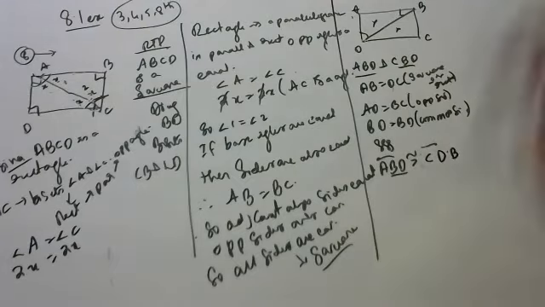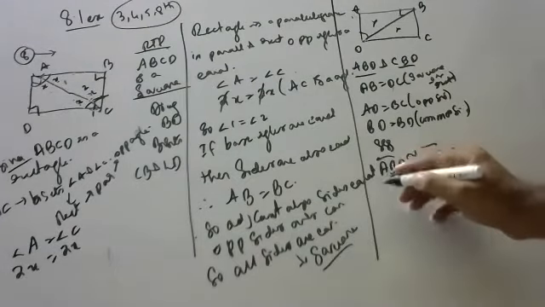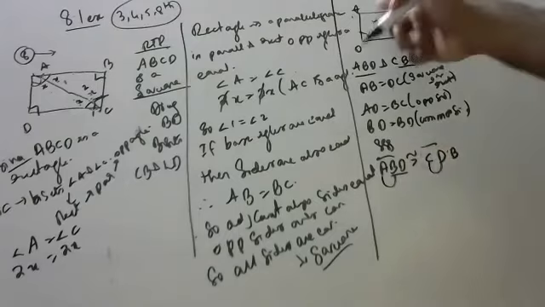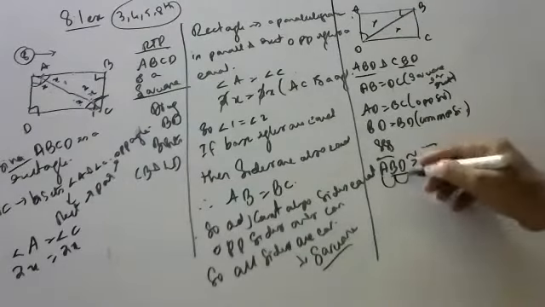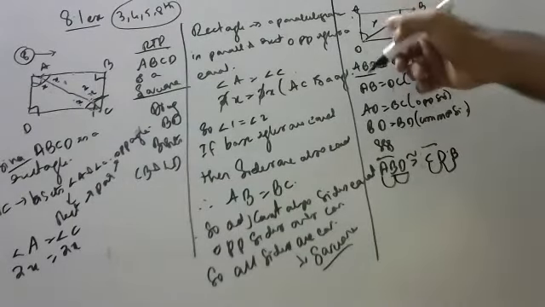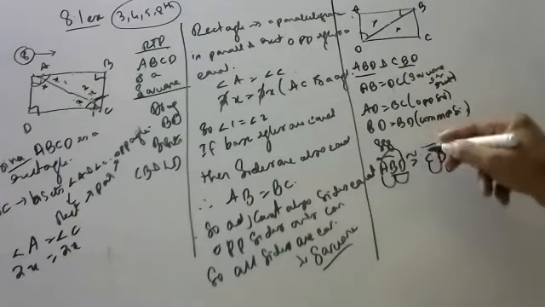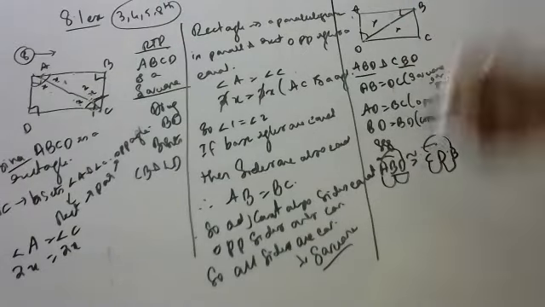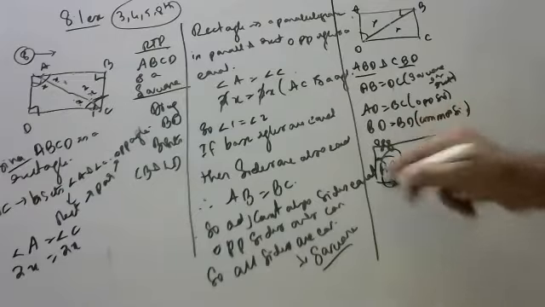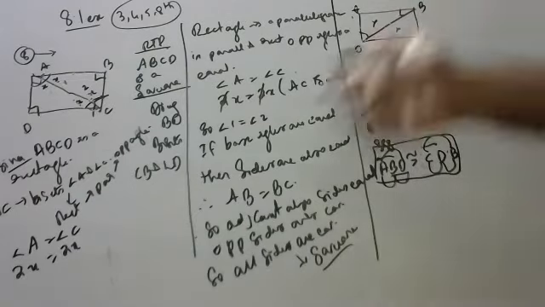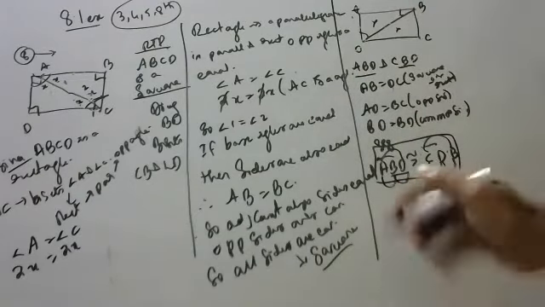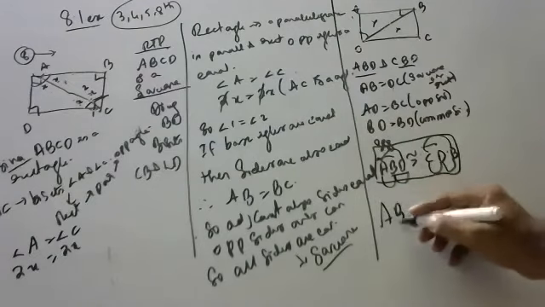Okay, now children. Why, sir, you may ask? Why means, children, try to understand. AB is equal to CD. BD is equal to BD. AD is equal to CB. So this also should match, children. However, I want ABD, BCD. You should not write like that, children. It should match.